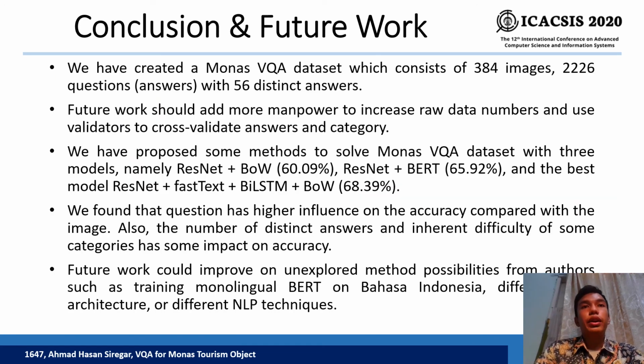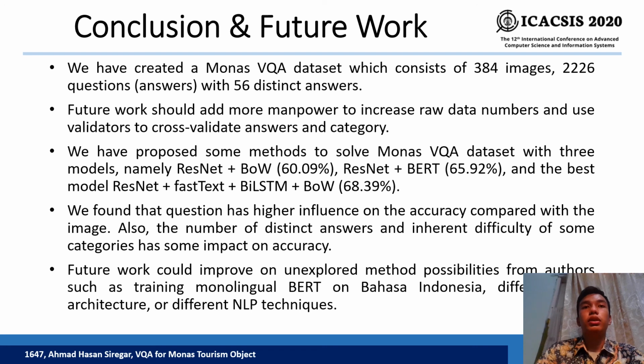So the conclusion, we have created a Monash VQA dataset consisting of 384 images, 2,226 questions with 56 distinct answers. Future work should add more manpower to increase raw data numbers and use validators to cross-validate answers and categories. We have proposed some methods. The best performing method, we call ResNet plus FastText plus bidirectional long short-term memories plus BOW, with accuracy